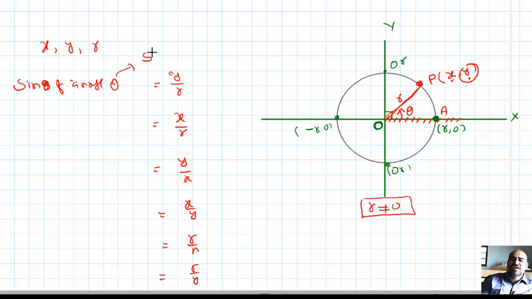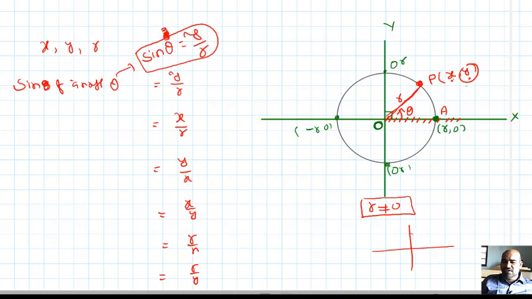Or simply they write sin theta equal to y by r. Now we will read it as sin theta equals y by r. Sin theta means a ratio, y by r. Students, what is the important thing? Theta is any real number. Don't think that theta is acute here. Sin theta is y by r, which means theta is any real number. Don't think that it is acute.